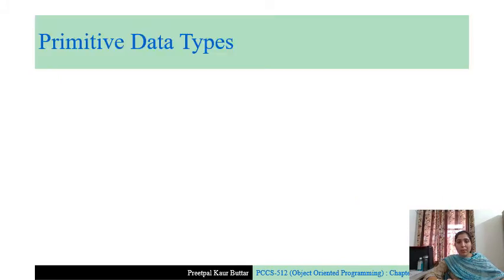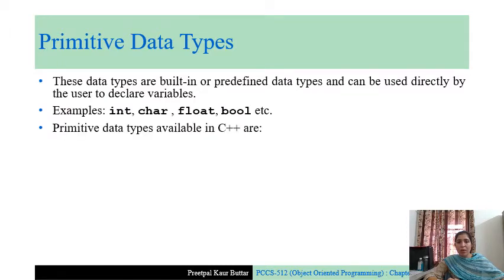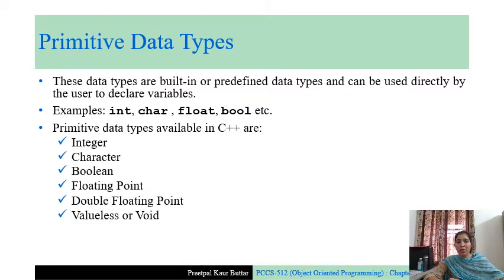So what are the primitive data types? These are built-in or predefined data types already available, so they can be used directly by the user to declare variables. For example, int, char, float, bool, etc. The primitive data types are integer, character, boolean, floating point, double floating point, valueless or void, and wide character.